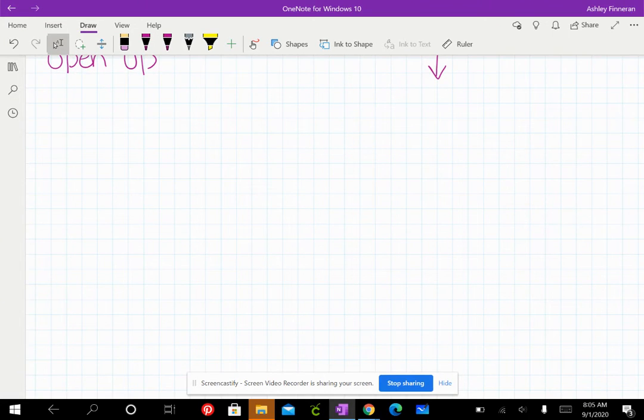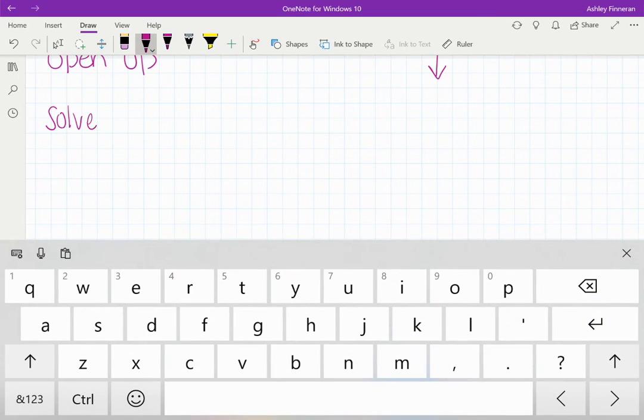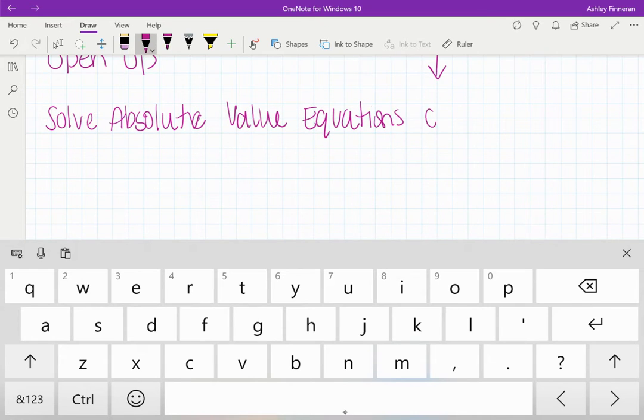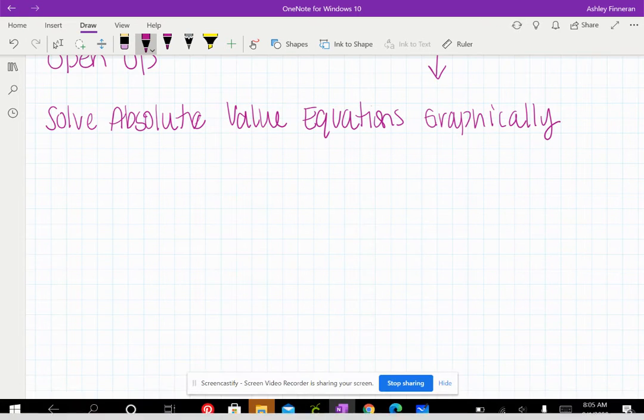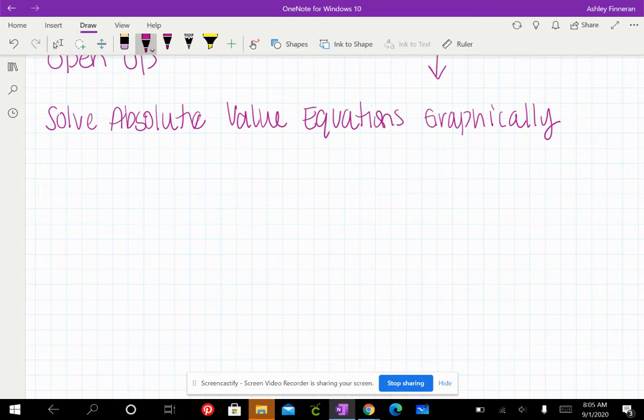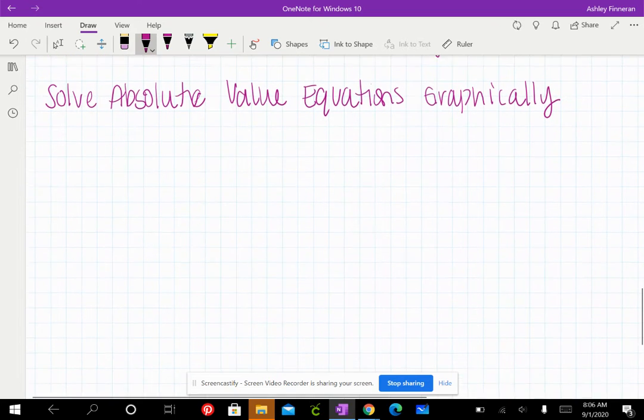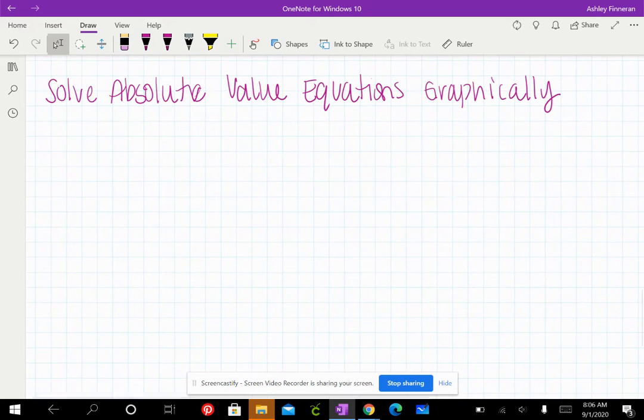All right, what we are going to move into next is how to solve absolute value equations with graphs. So we are going to solve absolute value equations graphically. So you should be writing in your notebook along with me, taking notes. Now, the reason I'm choosing to do this next is it's going to reinforce what we just worked on with graphing, and it's going to open up doors to help us understand solving equations, which is what we're going to